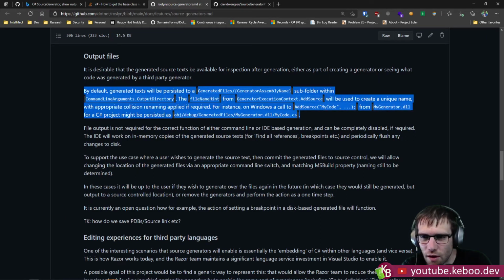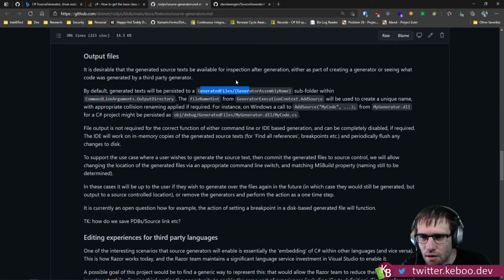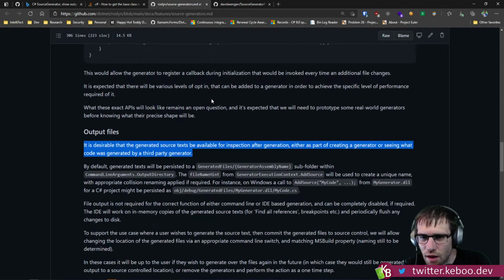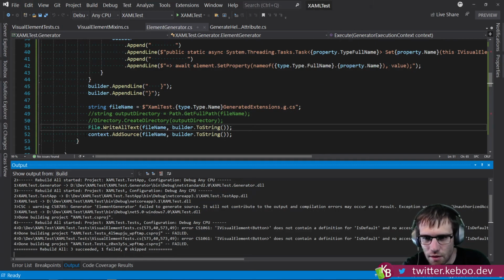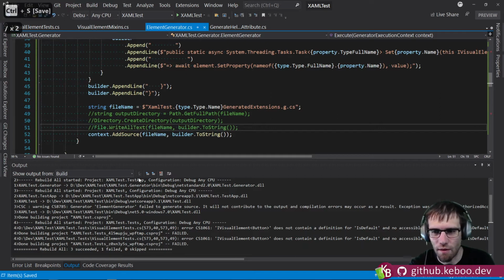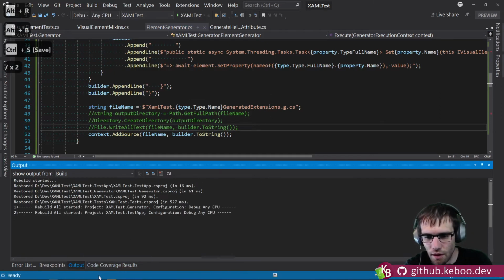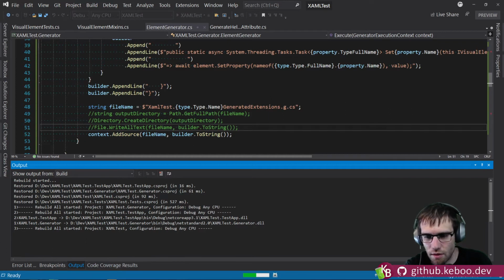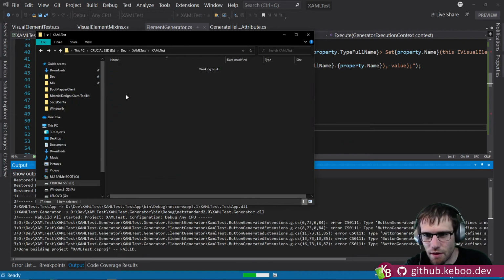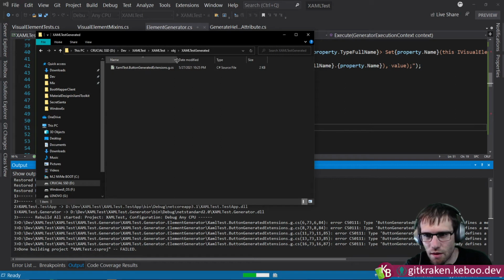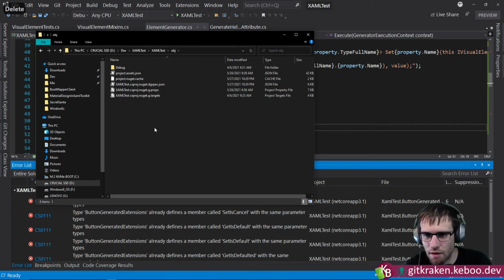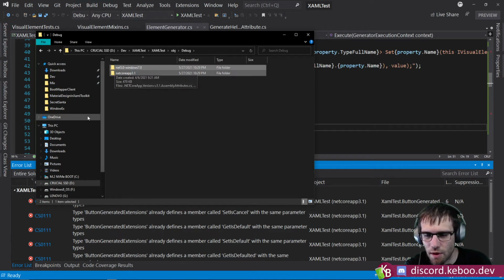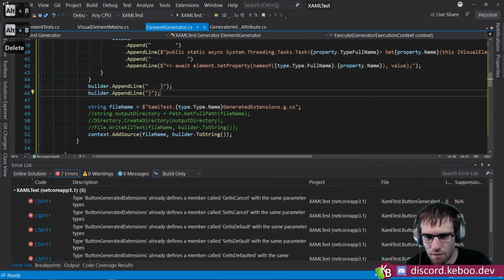Let's see. By default, generated text will be persisted. Is this a... Oh, so maybe we don't need to do this. Maybe we don't need to do this at all. So that seems to indicate... I'm going to just whack that to begin with because I just want to be confident that I'm not getting mixed messages here. So let's run that build one more time